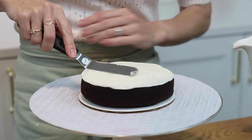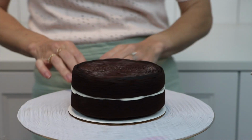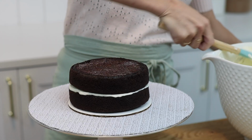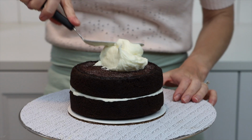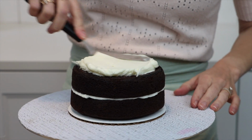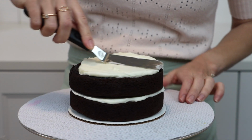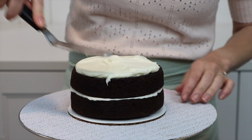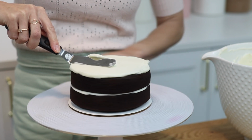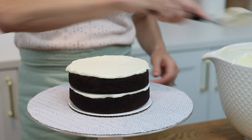Since the cake is cold, you won't pull up lots of crumbs as you spread this, and also the cold cake will chill and set the dot of buttercream down on the cake board, and that will hold the cake securely in place so it doesn't slide around on the cake board as you spread the filling, or the frosting later. Line up the next cake layer so it's directly above the first, getting down to eye level and spinning the cake to check that the sides are straight all the way around, and then add your next layer of